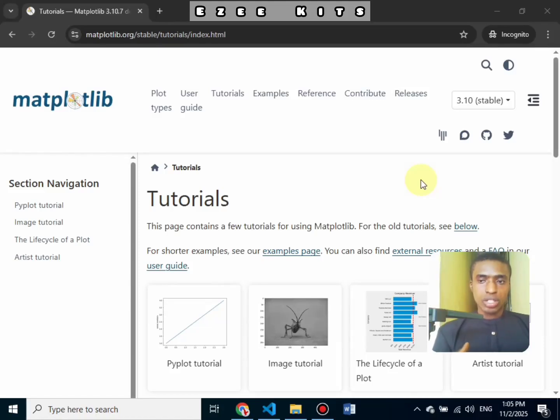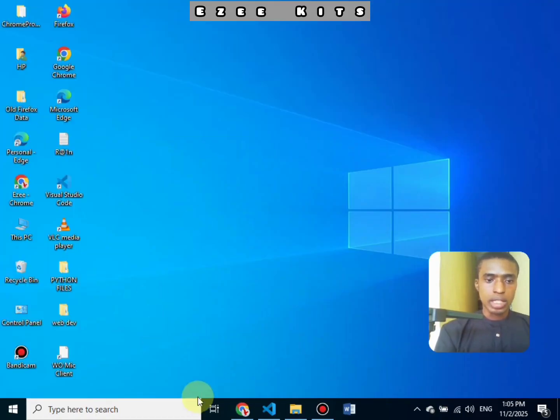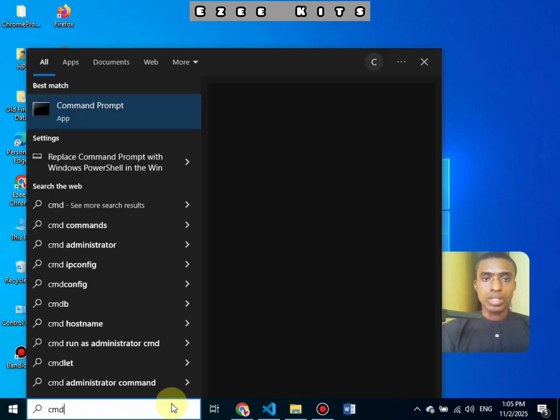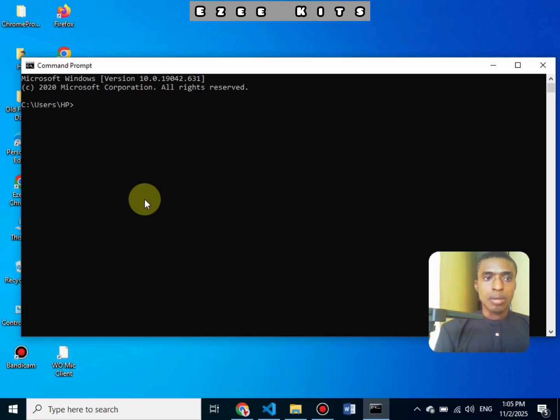Before we begin the installation of Matplotlib, make sure you have an internet connection. As you can see in my case, I'm going to head over to my command prompt. I'm going to type cmd, then hit enter. Inside the command prompt, I'm going to type pip, and we're going to install